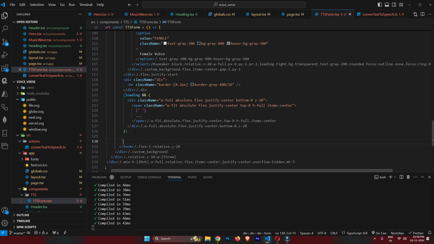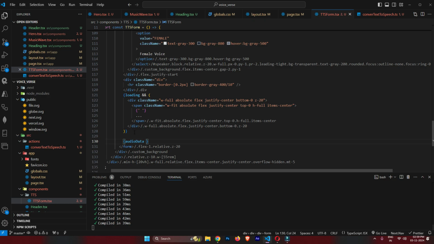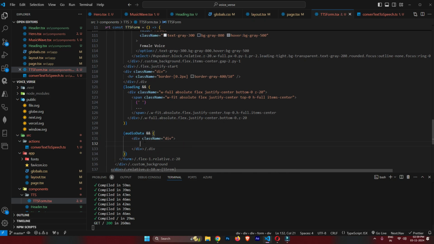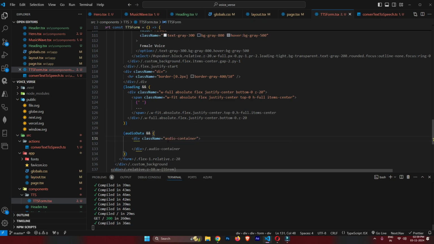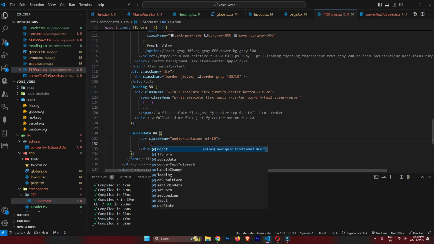After this, if data audio has data, we can say a div. This div has a class name audio container, and this is the audio player. If the file is ready, it will show the audio player where you can listen and download the text to speech, your generated text. Audio tag,